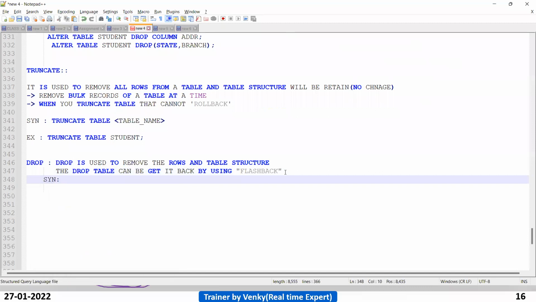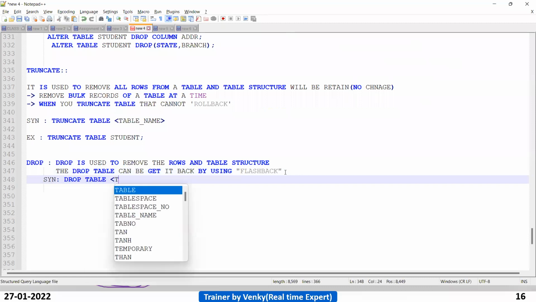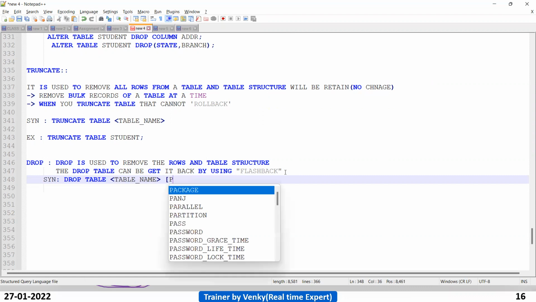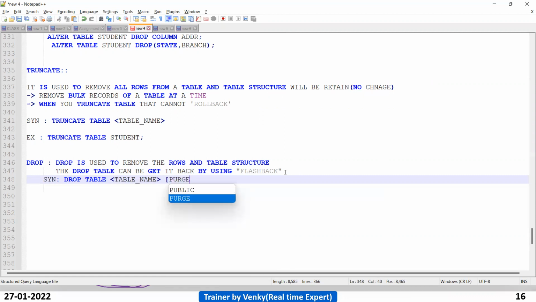We can see. Syntax for drop is drop table name. Same as truncate. Here one more is there. Here you need to remember this one. Purge is a keyword.